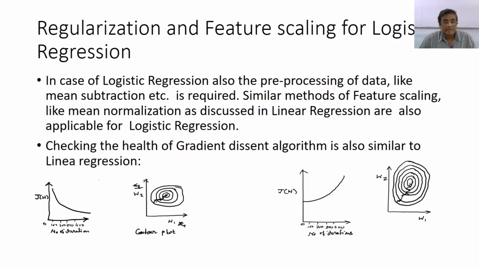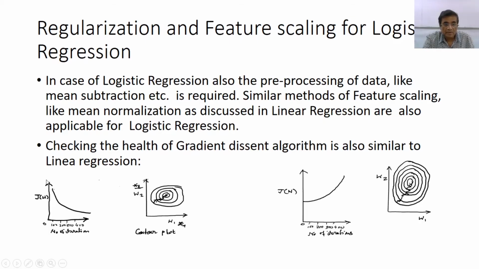Just like linear regression, here also you need to pre-process your data, like mean subtraction, etc. Making mean 0 will be applicable here. Also, you can do feature scaling, like mean normalization, as you have done in linear regression. So this kind of techniques also need to be applied here, and you can also check as you did earlier,